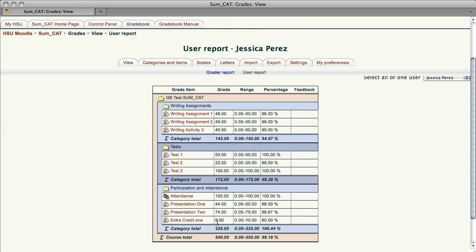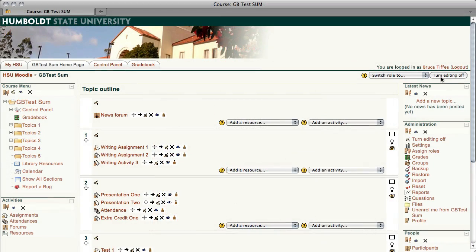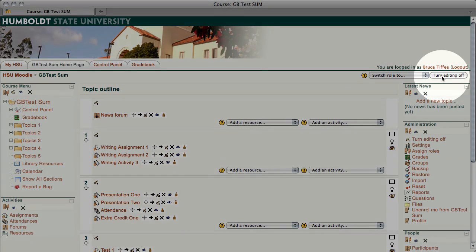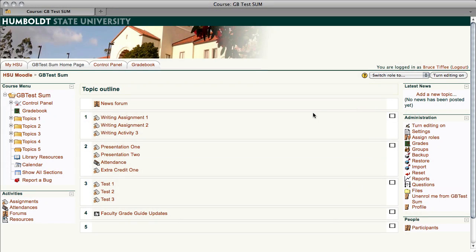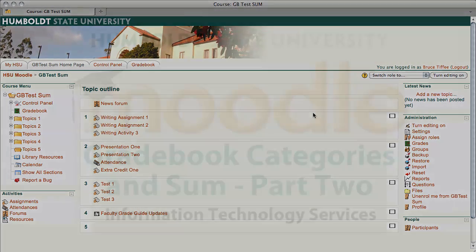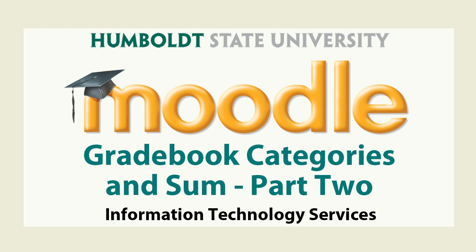Okay, let's go back to the front page, and as always, if editing is turned on, we like to make sure it is turned off. In our next installment, we are going to deal with simple weighted means of grades and some of the ways you can set that up. If you need help before then, visit the faculty guide for Moodle in the Moodle support section,